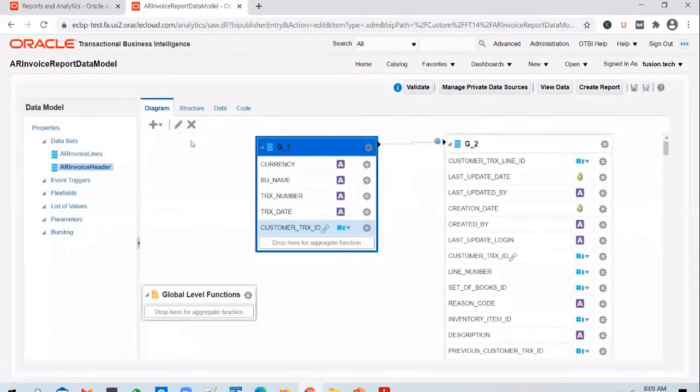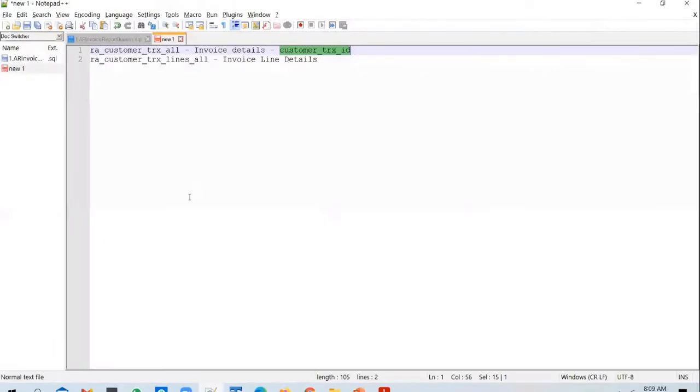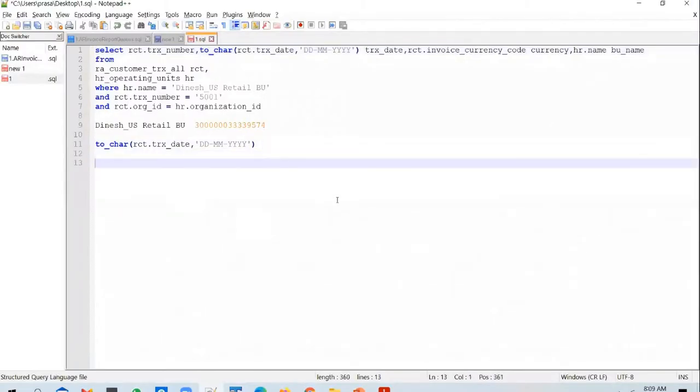So what do we do? We copy this query. You paste it in there. Give an alias name. You can say RCTL. And what columns do we need to pull?